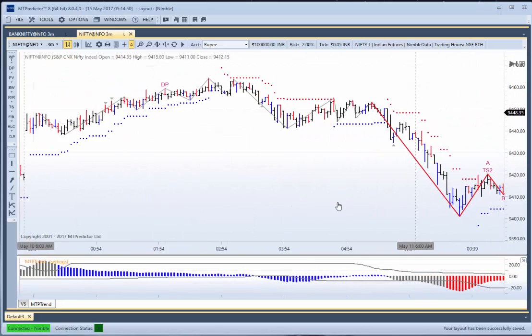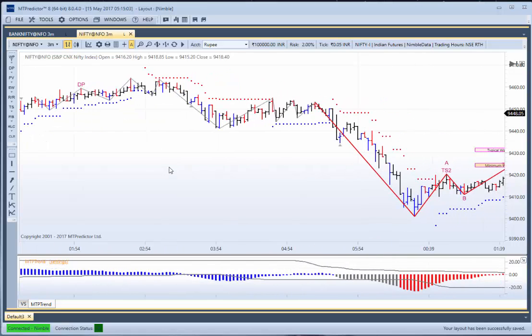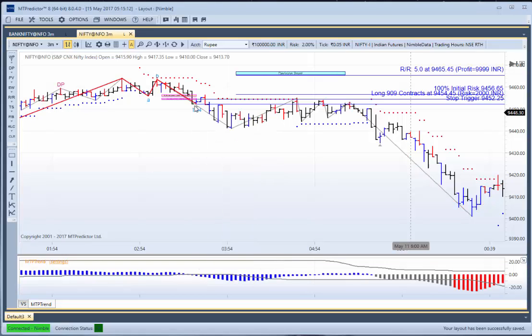Let's scroll back and have a look at the day before. The market was starting to sort of crawl up here, but there weren't really any clear, clean patterns. These sell setups here are against the blue MTP trend, so would have been avoided. We come along here, there's a history triangle. History triangles show you that there was a potential trade setup at the time. This allows you to right mouse click over the blue buy bar and then place your analysis on to see whether that trade was a good one to take. Let's say you would have taken that one, that would have been a losing trade. It would have been valid because it was MTP trend blue, but would have been a losing trade.